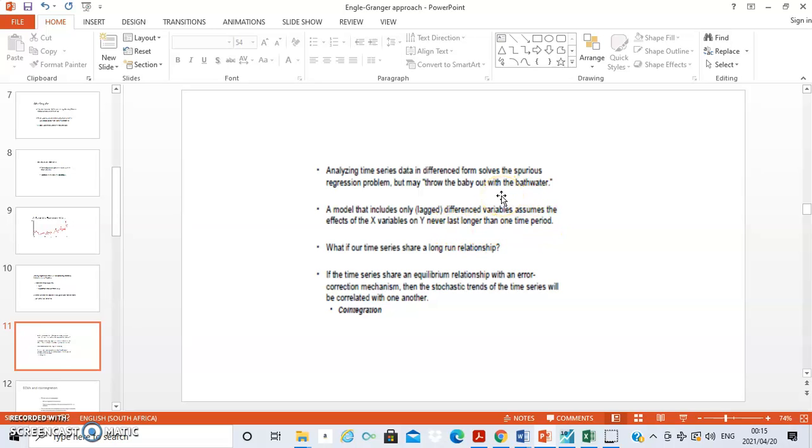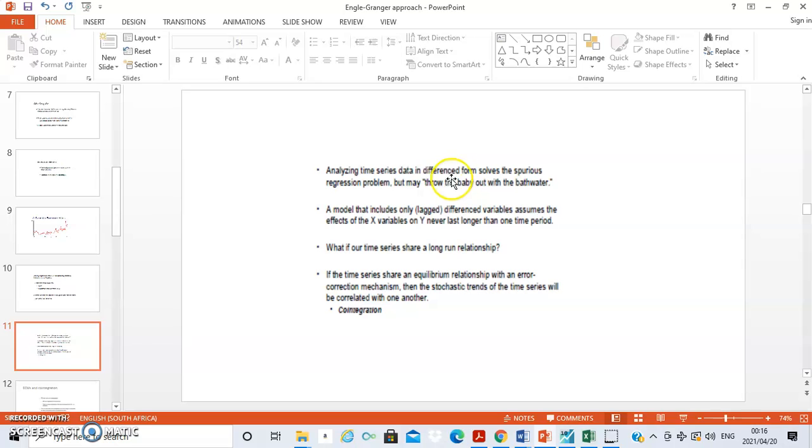and that's why it becomes a short term. And that's why we are saying when you difference them to solve the problem of spurious regression, it creates another problem because you are throwing away important information. And why are we saying so? Because what if these variables have a long-term relationship and you have differenced them because you want to get rid of